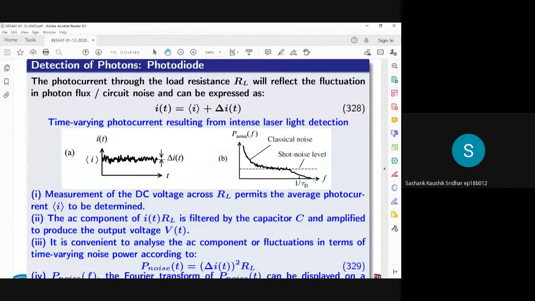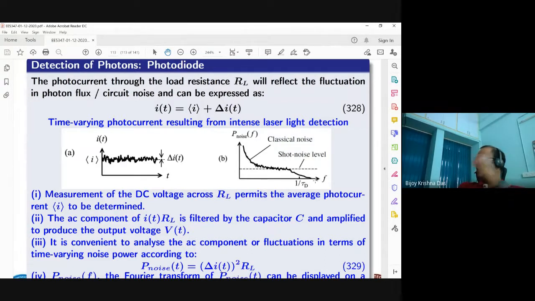Is it because the photodiode current starts to saturate after a point, and there wouldn't be any more electron-hole pair creations because of the saturation at higher frequency? So the photodiode is frequency selective, right? Yeah, but we are just seeing that at this particular frequency there is no noise.